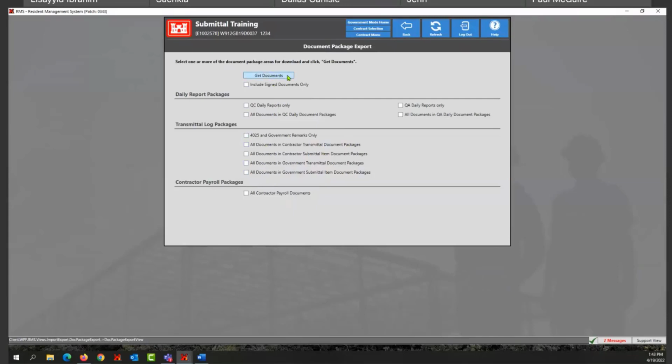Now, depending on how many documents there are, this could take some time. So keep in mind that when you do this, you might have to leave your computer connected and on overnight if you're doing a contract where you're asking specifically for QC reports and it has over 1,000 QC reports, and in every single QC report document package, you have 10 documents. That's going to take a really long time to download, especially if your network connection is kind of iffy. So just keep in mind, RMS will let you know once it's finished downloading. It will tell you, or you can go to